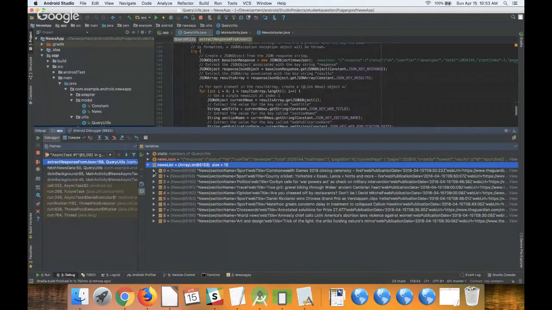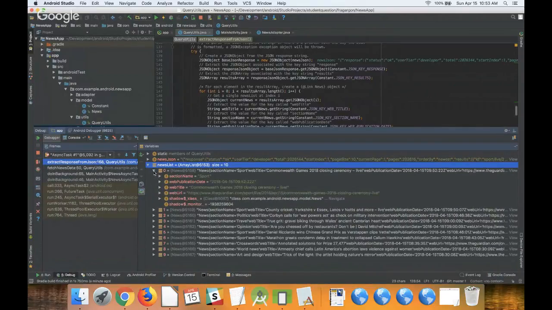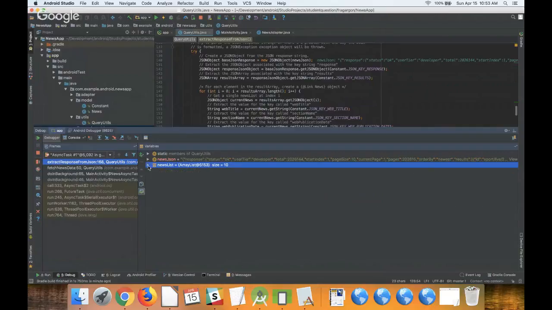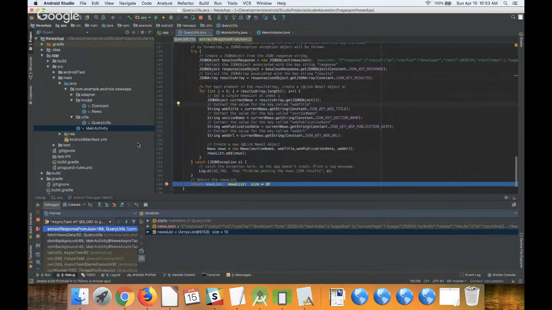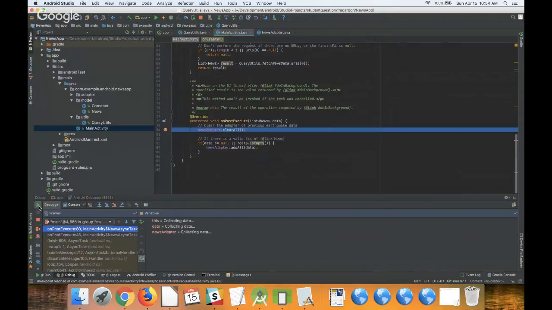You have the 10 elements populated here as suspected. That means your HTTP call is okay, and there should be something later that is making it fail. I have this button here; it plays the app again until it finds another breakpoint.